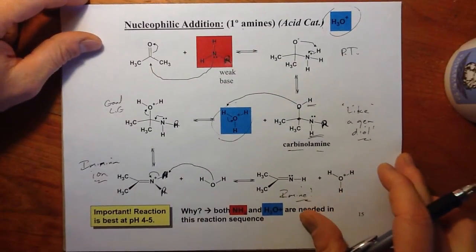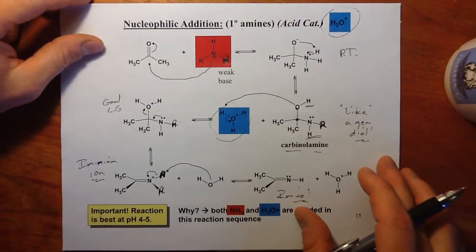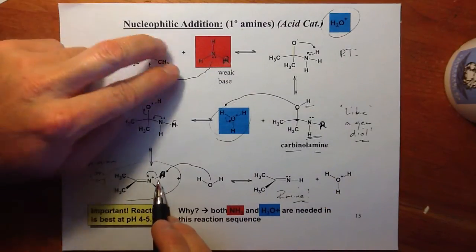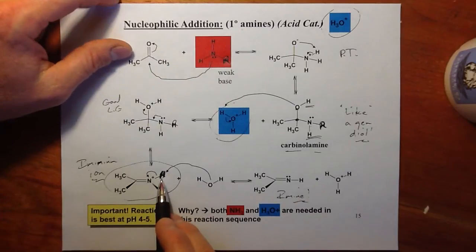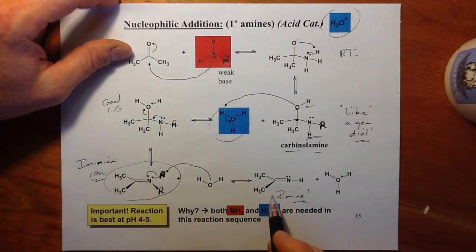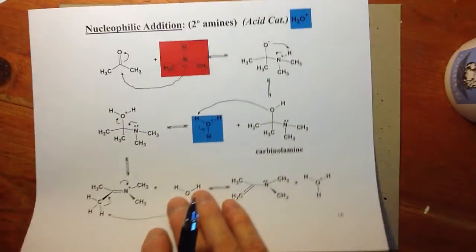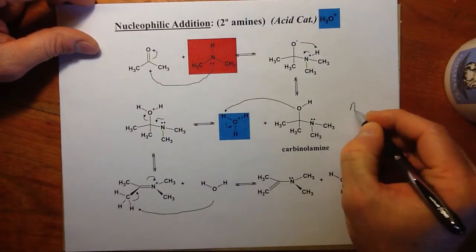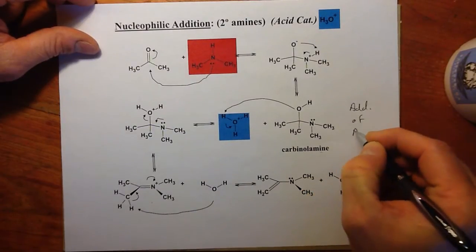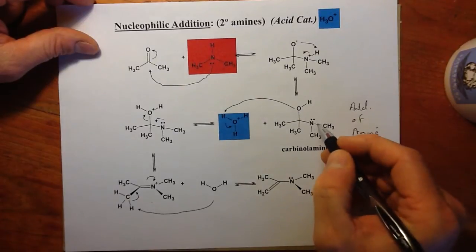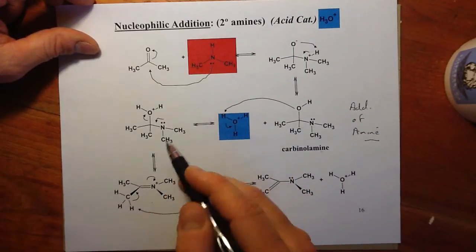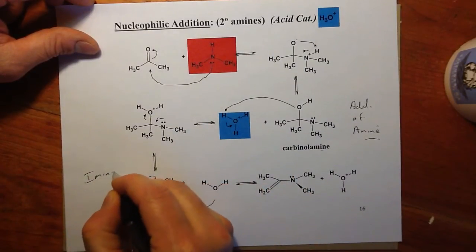I don't know if you'll necessarily need to be able to reproduce it, but just to understand, this is the key point in determining whether you have an imine or an enamine, because in this reaction with having two hydrogens, we can tear the last one off from the aminium ion and make the imine. But if we get to that same point, going through a very similar reaction, getting to a carbonyl amine, addition of the amine, and here we have no more protons, we can still protonate the oxygen in the OH group, have that eliminated off. We get to the aminium ion,